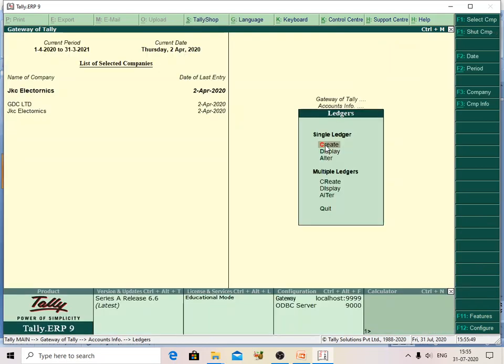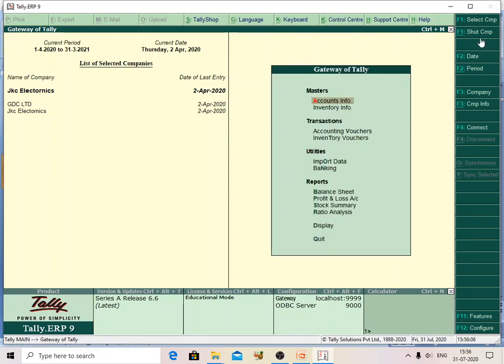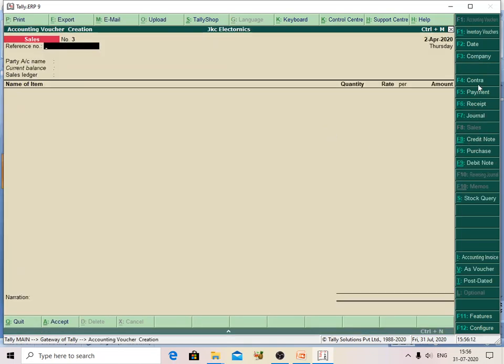So after that, what we can do is first we have to save the transaction. We can save the transactions on different dates. Okay, I will show you. So first I am using the sales transaction. Go to Gateway of Tally screen, accounting vouchers, using the sales voucher, reference number I am giving 3.